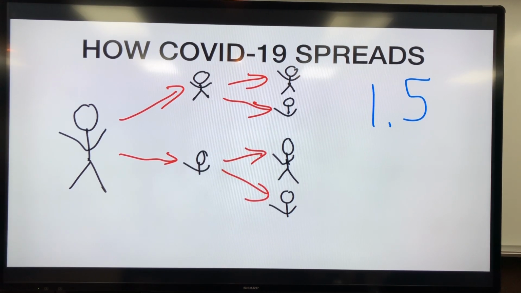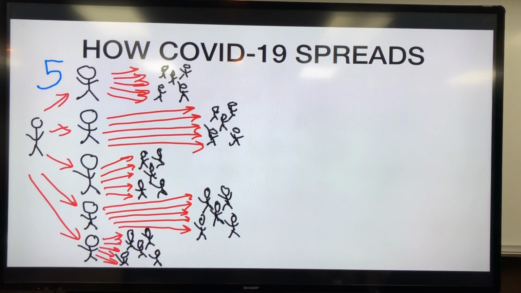That means that one person that gets sick, on average, spreads it to 1.5 other people. That's including those that don't spread it very well versus the super spreaders. All that across the country is about 1.5. But before mitigation, if you look at Washington data, New York, China, Italy, the virus in its natural state will spread to 5 people. That's why all this concern. So one person that gets sick will spread it to 5.